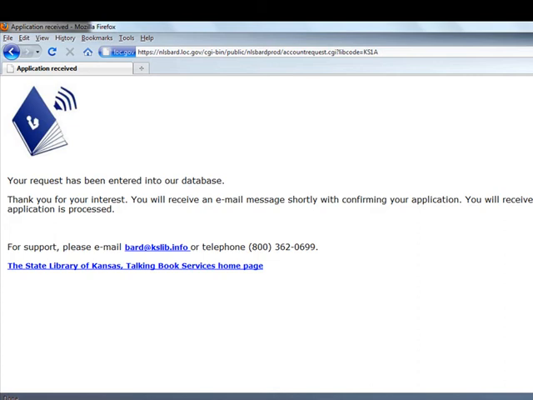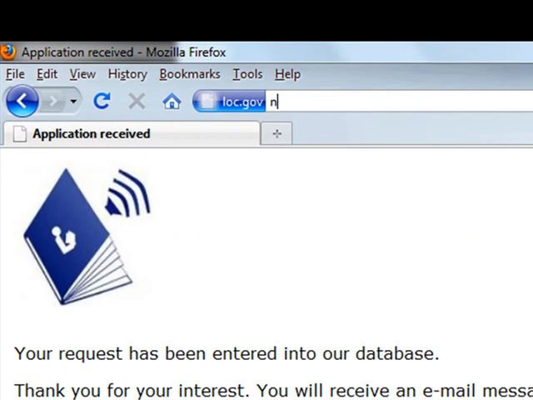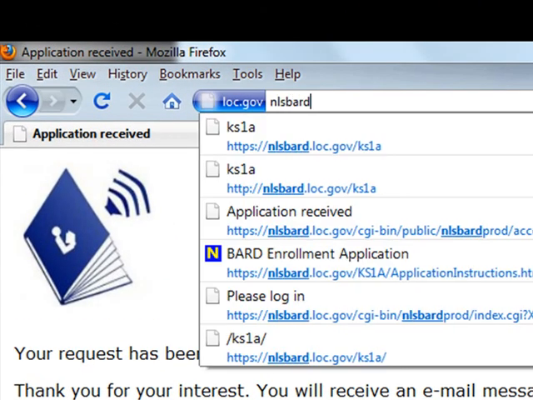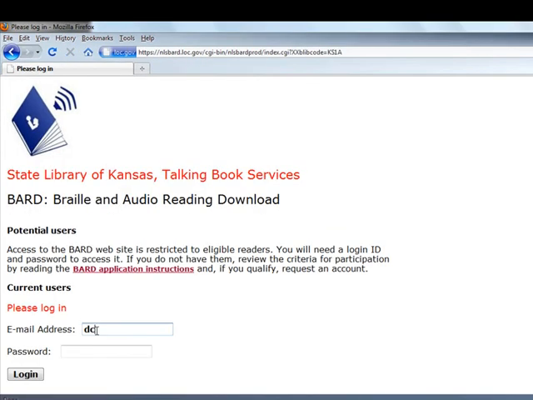Once Talking Books has reviewed and approved your application, you will receive an email stating that your account was approved, followed shortly by an email entitled Welcome to BARD, containing your temporary password. Once you have received your BARD temporary password, navigate back to the BARD login page at nlsbard.loc.gov/KS1A. Enter your email address